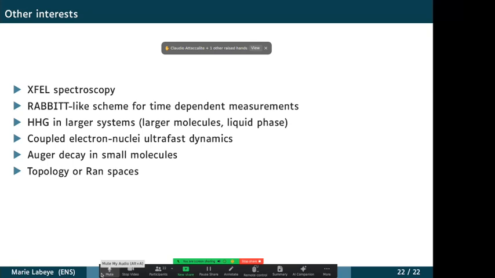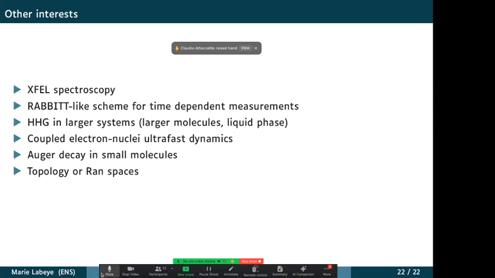So yes, all these simulations that I showed here were using the single active electron approximation. The first one was really a 1D model system, with one electron. So in that case, it's really easy to solve the time-dependent Schrödinger equation. And in all of them, the nuclei were fixed. In the second part, it was a time-dependent Schrödinger equation in 3D for helium atom with one active electron living in some kind of pseudo-potential that depends on the L quantum number.